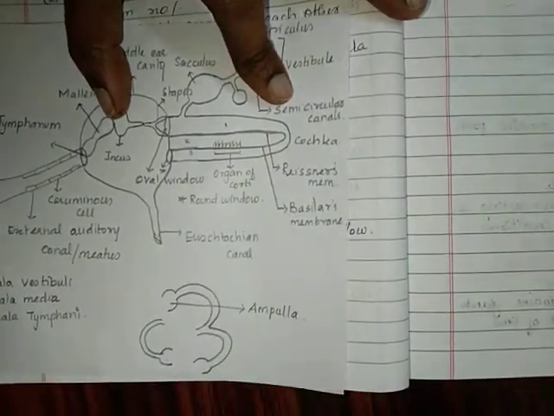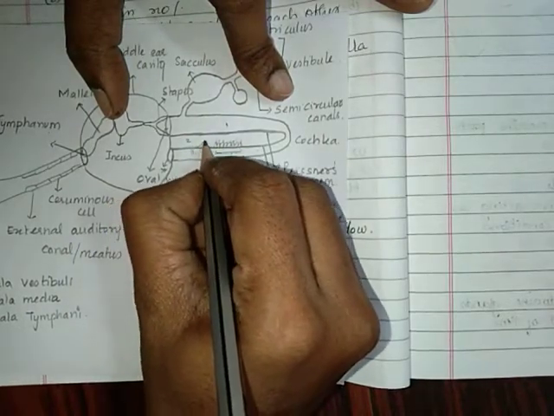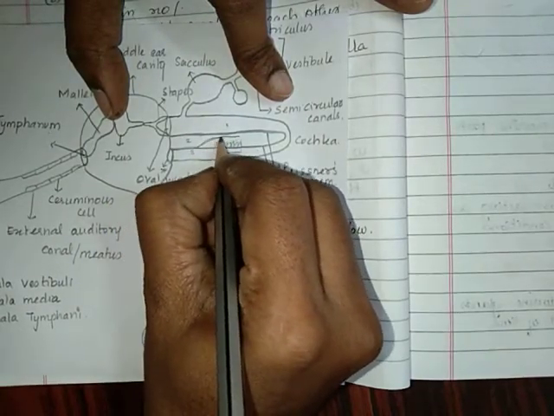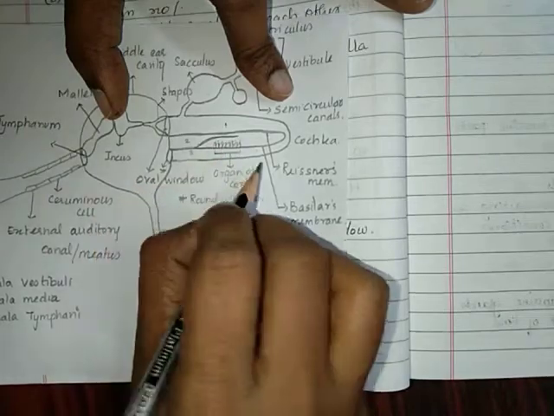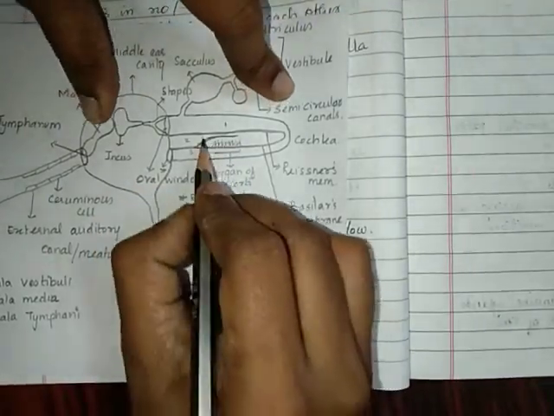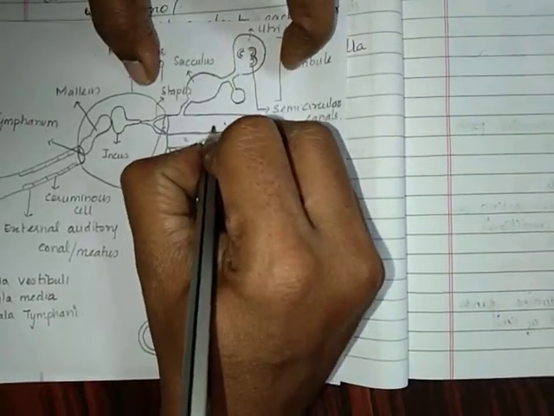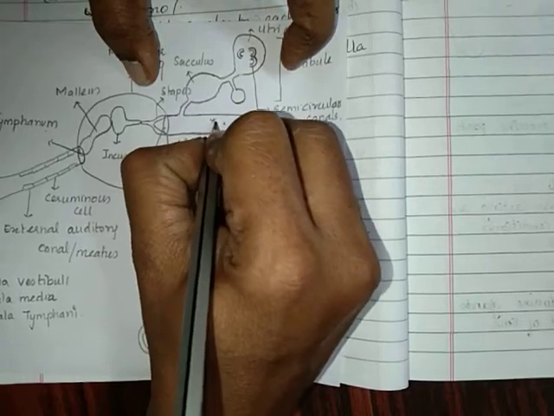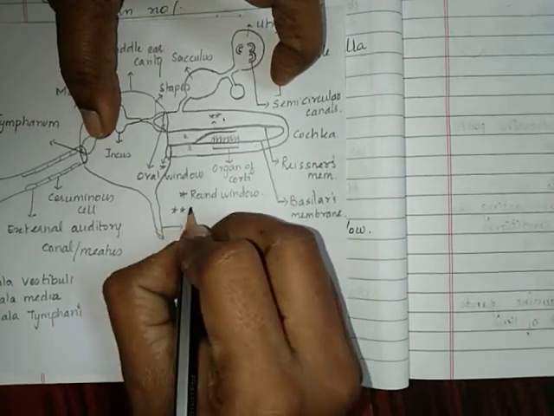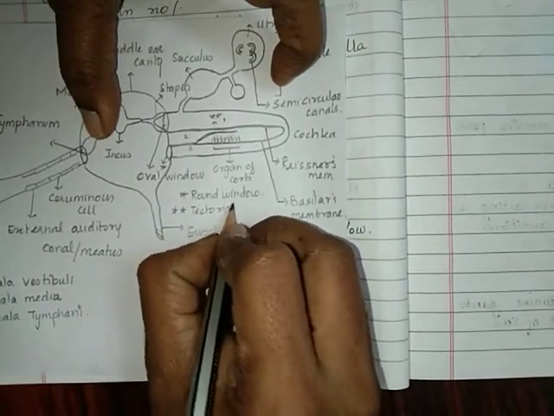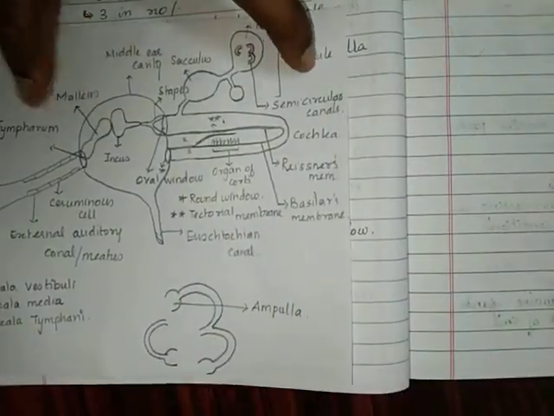In front of this organ of Corti there is another membrane, which is an incomplete floating membrane. It floats on the surface of the organ of Corti and never comes into touch with it. I am marking it here with two stars, because we have already given one for the round window. That membrane is called the tectorial membrane. The tectorial membrane along with the organ of Corti is called the organ of hearing.